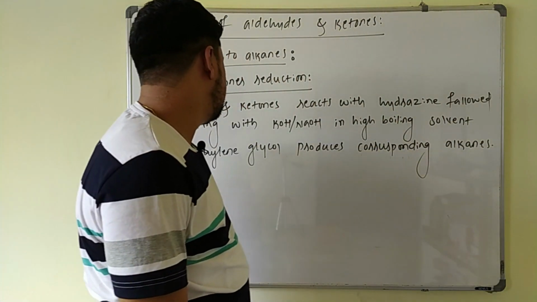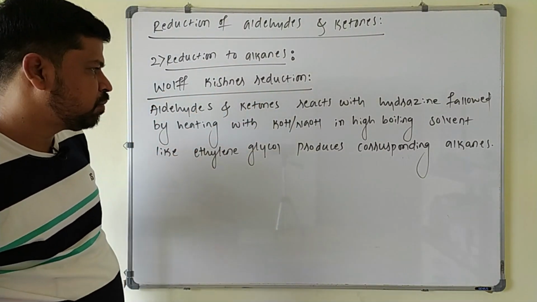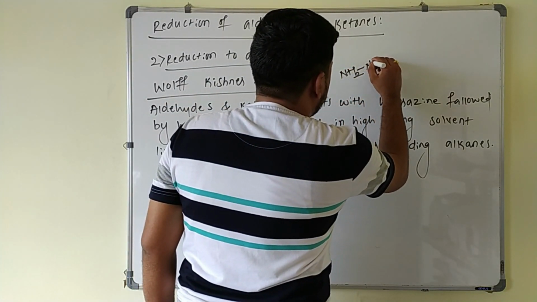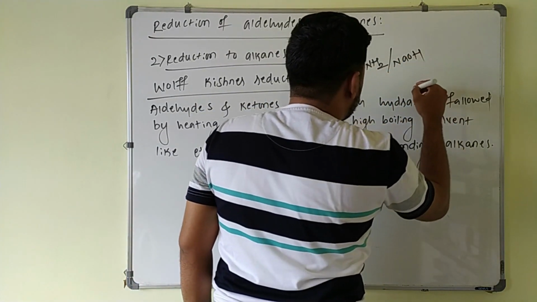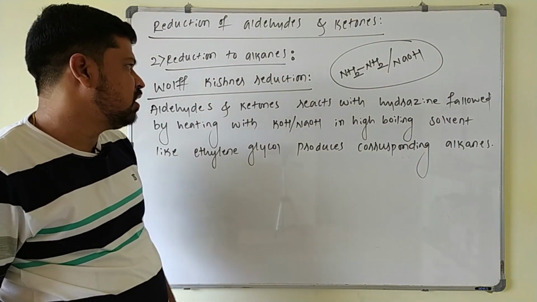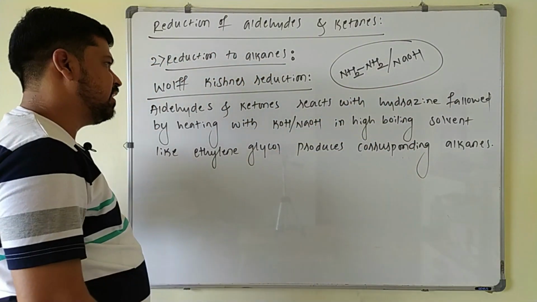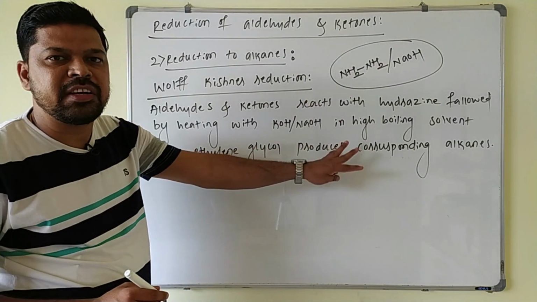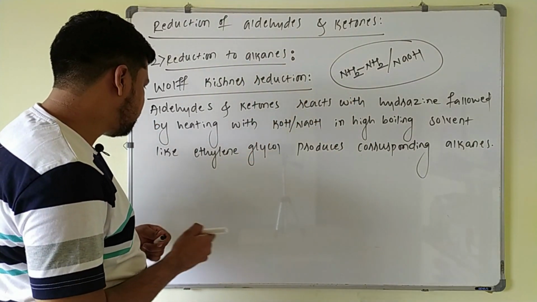So in this case of Wolff-Kishner reduction, the reagent used is hydrazine. Already we know this, NH2NH2 is called as what? Hydrazine in presence of NaOH. So this is called as Wolff-Kishner reagent. Aldehydes and ketones on treating with hydrazine in presence of NaOH, directly they are converted into what? Alkanes here. Example, here also same thing you have to follow. Double bonds are not affected, only the carbonyl group is converted to what? CH2 here.